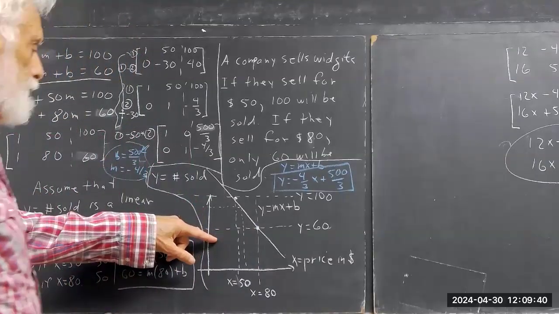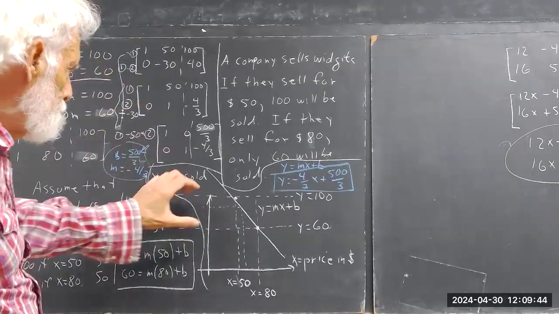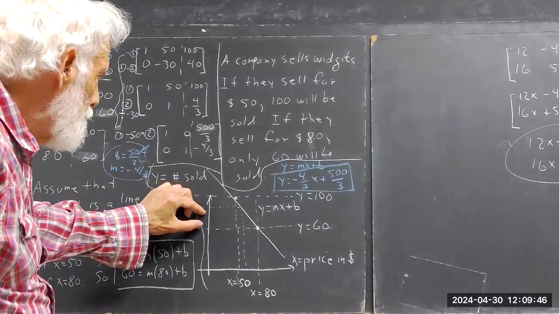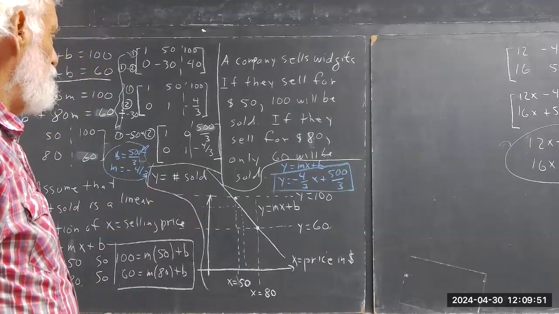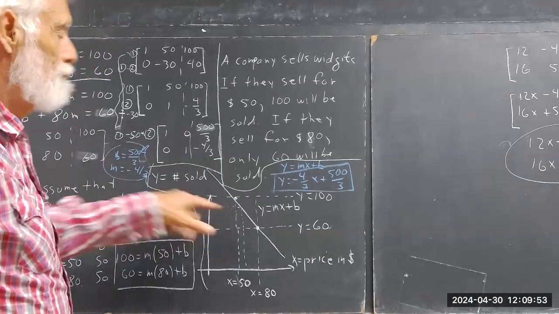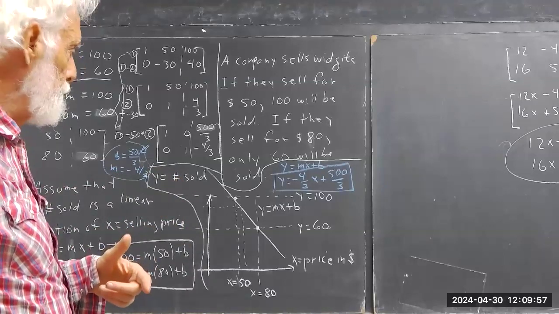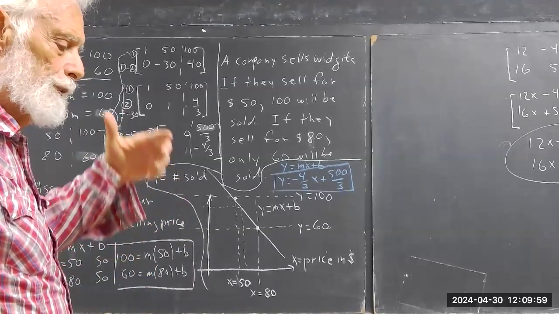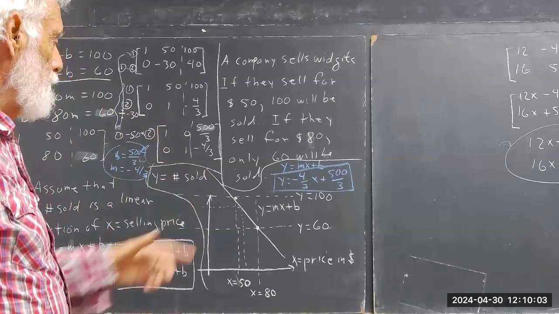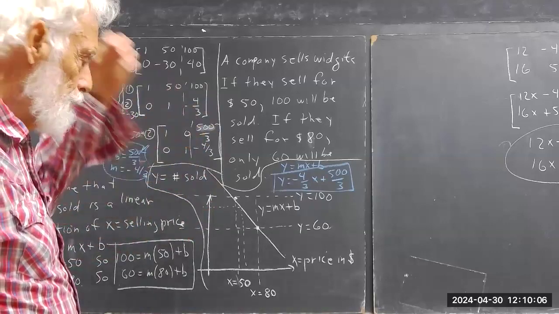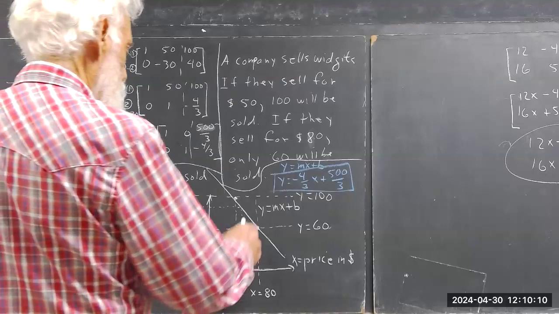And if this is 60 and this is 100, it looks like maybe I'm going to sell, let's see, that'd be 80. It looks like I'm going to sell maybe 82 of these things. And 60 times 82 is 4,920. Okay. And if it's 85, well, it's even a little better. Still not quite equal to the 5,000. If I sell it for $70,